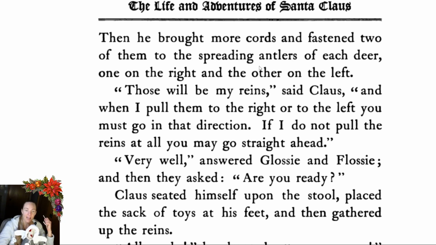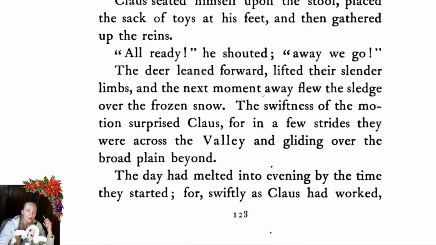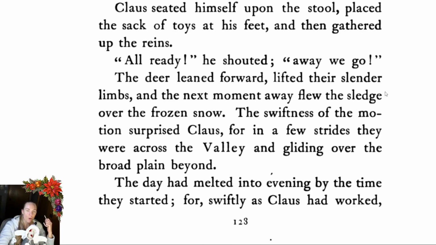"Very well," answered Glossie and Flossie, and then they asked, "Are you ready?" Claus seated himself upon the stool, placed the sack of toys at his feet, and then gathered up the reins. "All ready," he shouted. "Away we go!" The deer leaned forward, lifted their slender limbs, and the next moment away flew the sledge over the frozen snow. The swiftness of the motion surprised Claus, for in a few strides they were across the valley and gliding over